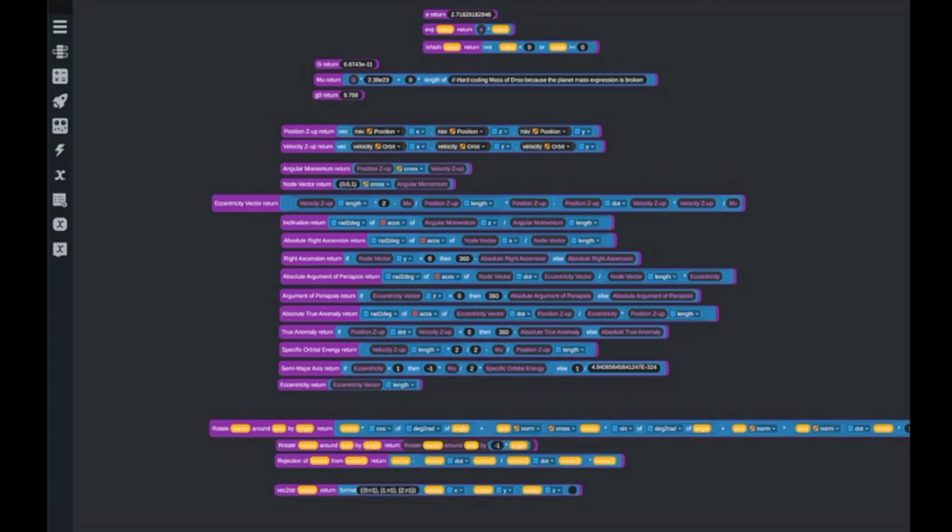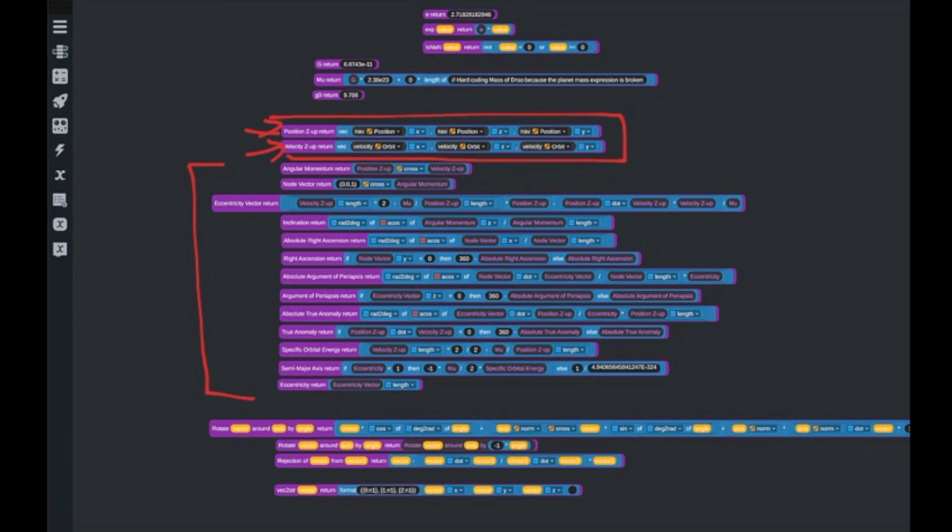It would take an entire video to go through all of these expressions one by one, but suffice it to say, they use the current position vector and the orbital velocity vector to compute all of the classical orbital elements. I'll provide a link to the source material for these equations in the description. One quirk is that the math I found was designed for a coordinate system where the z-axis is up and down, and I don't have a strong enough grasp on the math to switch it to the Simple Rockets 2 coordinate system where the y-axis is up and down,